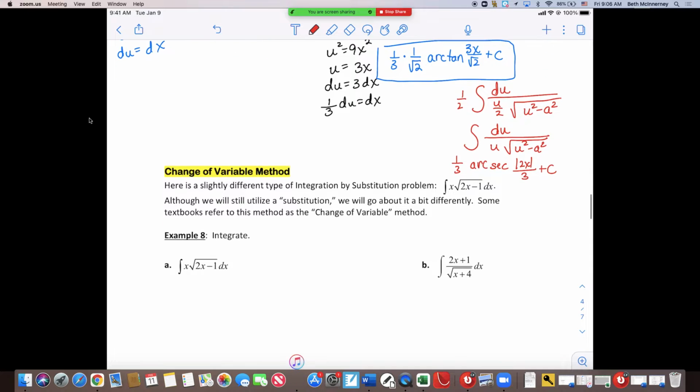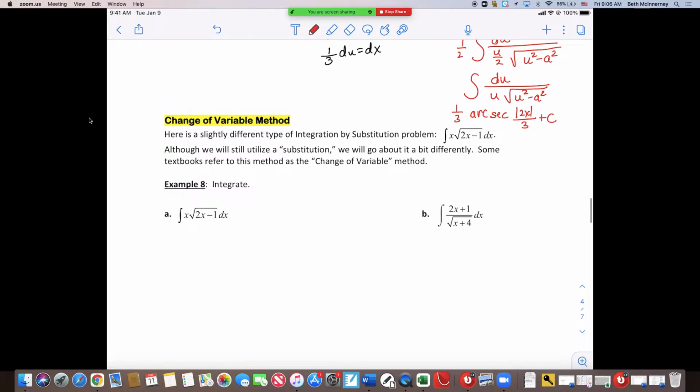All right, so here is another type of problem we could run into. Although we will still use substitution, sometimes we have to use this method called change of variable. So in letter A, I have the integral of x times the square root of 2x minus 1 dx. So if I start with u is 2x minus 1, and I get du is 2 dx,